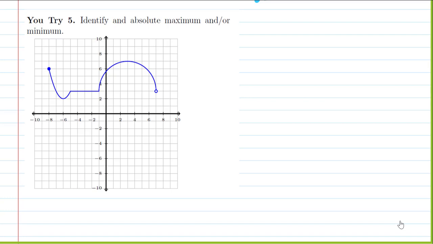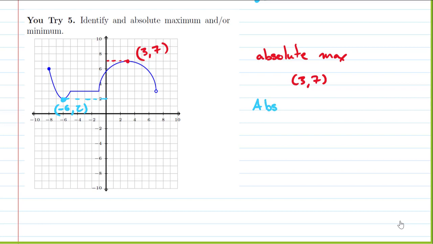All right, so let's go ahead and resolve this. So we want to identify our absolute max and our absolute min. So our largest y value for the entire graph occurs here at 3, 7. So that's our absolute max is going to be at 3, 7. Then we have our smallest y value occurs here, and it's at -6, 2. So that's going to be our absolute min. And that's at -6 and